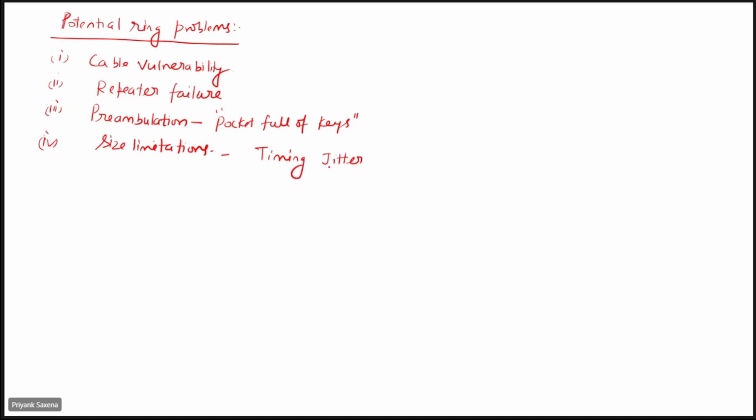Can you say what is jitter? What do you understand by the term jitter? This issue is to deal with, because when you have a large number of stations, the repeaters will introduce delay, and because the bit length of the ring is fixed, some of the bits need to be dropped, some of the bits need to be added, right? So this timing jitter issue is a critical one, because this timing jitter deals with the